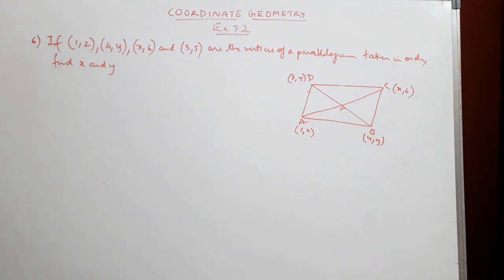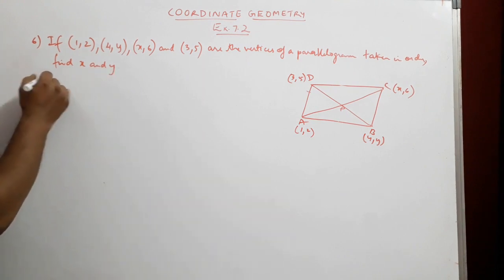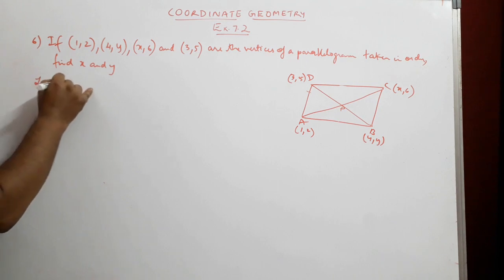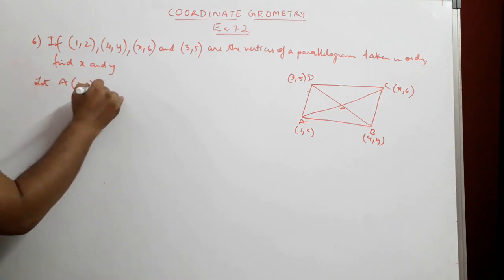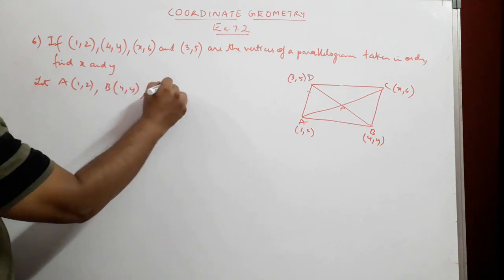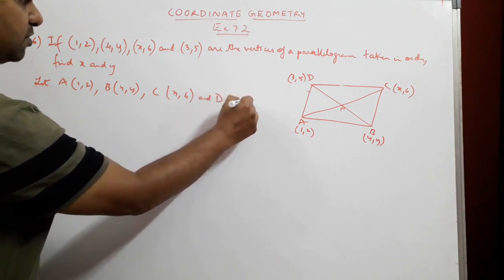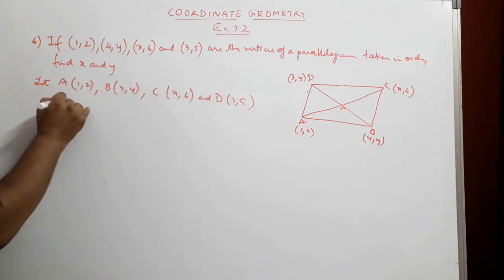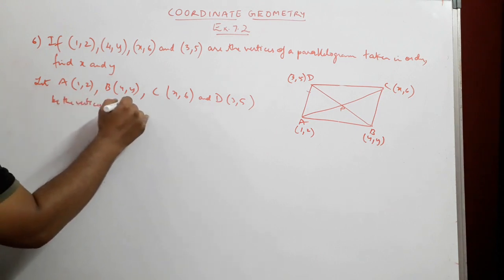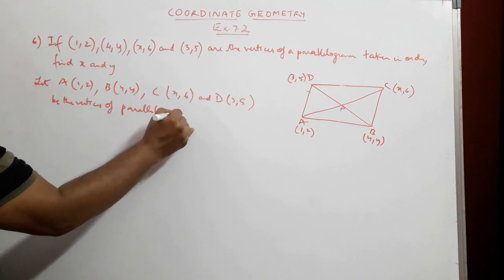Now our job is to write this down. We assume let A (1, 2), B (4, y), C (x, 6) and D (3, 5) be the vertices of parallelogram ABCD,